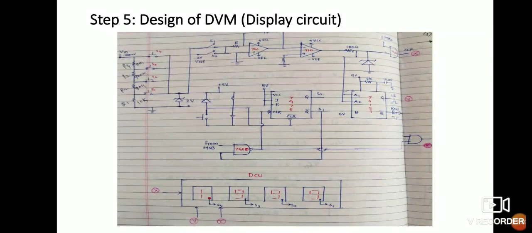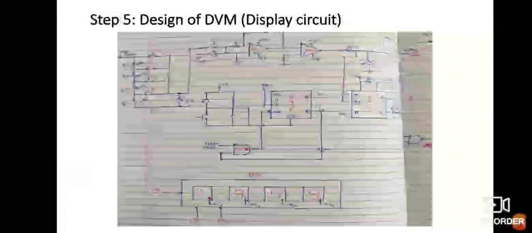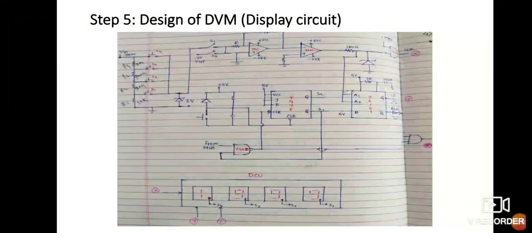Next, the last part will be the DCU, that is the DVM part, the display circuit, which shows 1999. So whatever may be the input, the output should be 2 volt. The 2 volt we can mention with the help of a decimal point, 1.999. That decimal point is also shown, marked as a dot. So the X signal is nothing but the clock signal, and Y and Z are the control signals that are connected. Now this is the entire design of the 3.5 digit DVM.